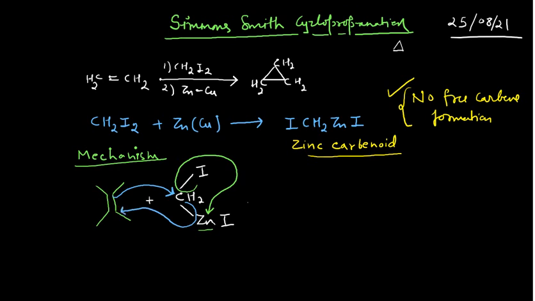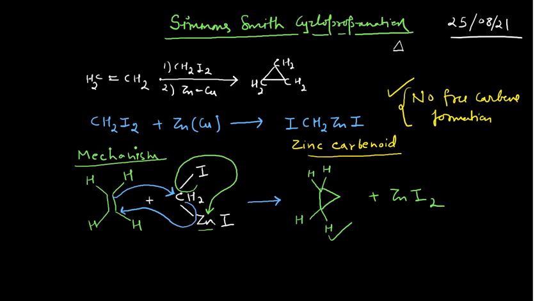The moment this happens, you can observe what is happening here. It is simply the addition of the CH2 on the double bond, and of course you will have these two substituents here, plus ZnI2 would be released. So, this is the formation of the cyclopropane ring. If I replace these bonds with the hydrogens, it is simply this. You see this, right. So, this is how the reaction mechanism goes. It is something very, very important.